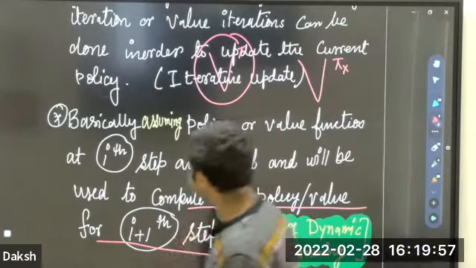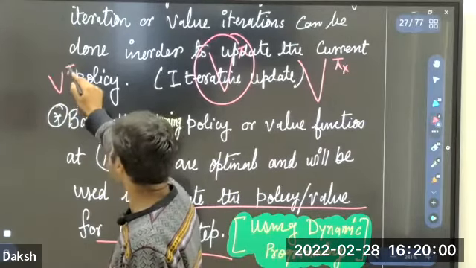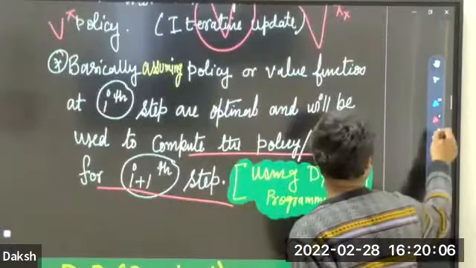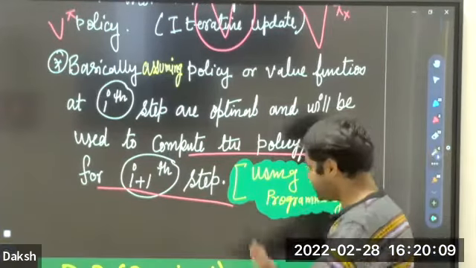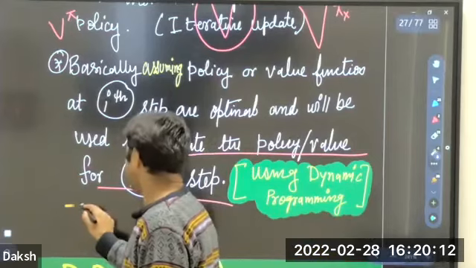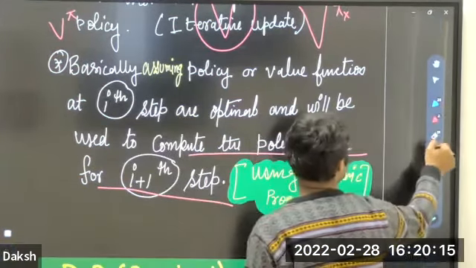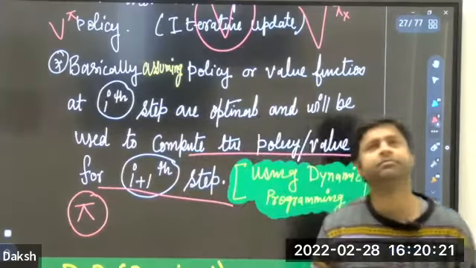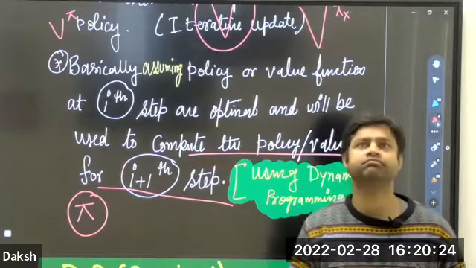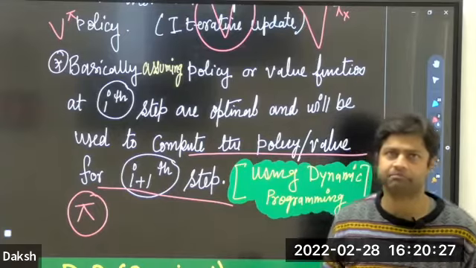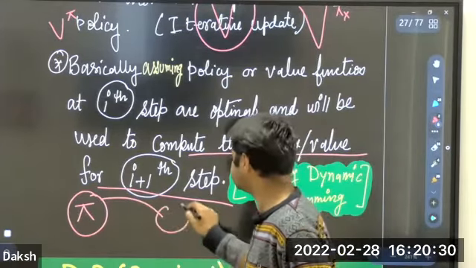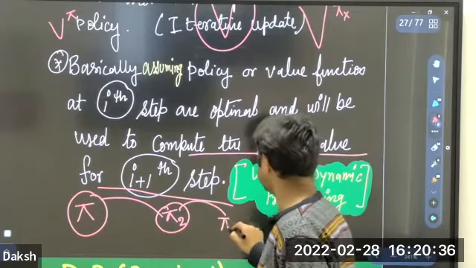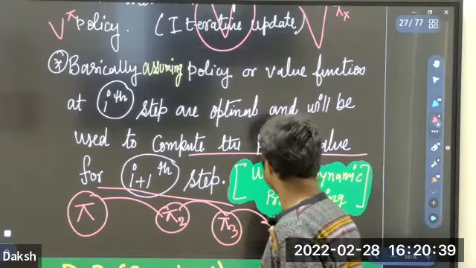So what does that mean? Okay, let me show you. I am going to tell you this whole thing again in a very simple way. So I will be having maybe some random pi. I evaluate, slightly modify it, I get maybe pi 2. Slightly modify it, pi 3. Slightly modify it, pi 4. But the cycle is